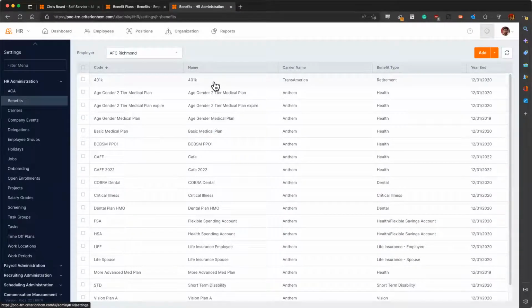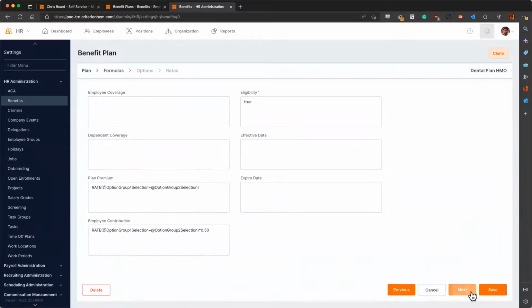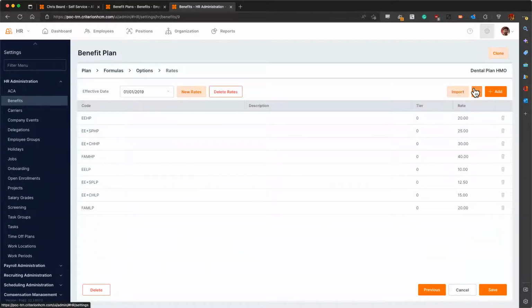Now you can import this on a per plan basis. I could have a spreadsheet in there. In fact, I shouldn't have closed it. Let me just get to that end there. You'll see there's a button right here to import. I could download a template and import this information. Again, you can reach out to support if you need help on that. Maybe you did that in your initial implementation, so you're familiar with that and have the old templates left over for your current year. You could reuse those,